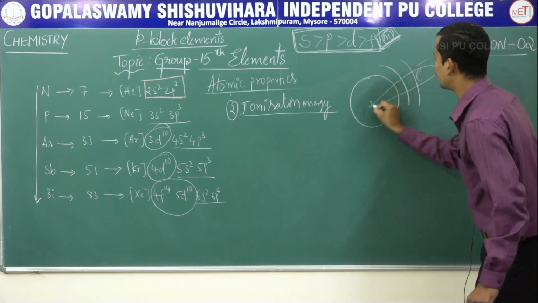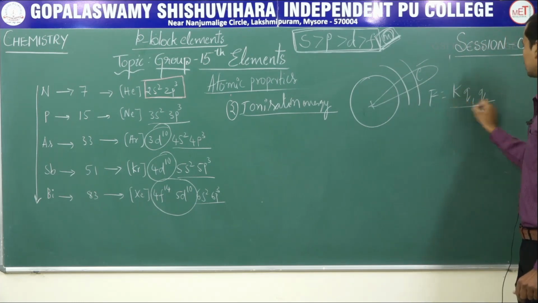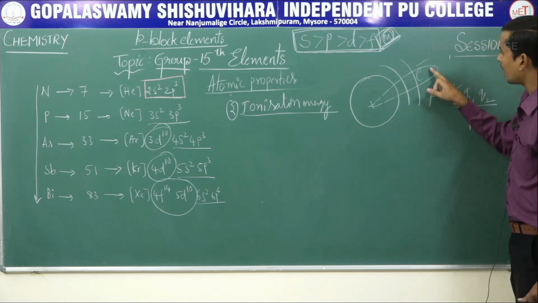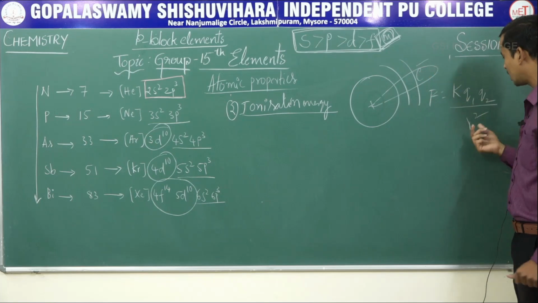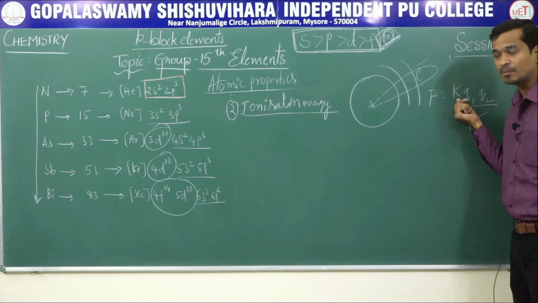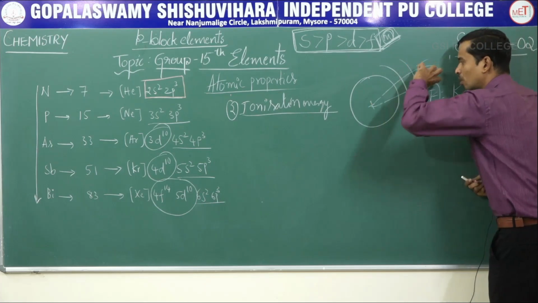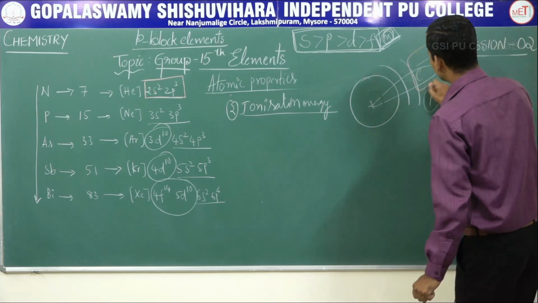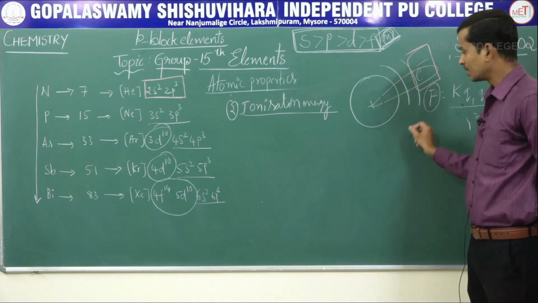This is the force that holds: F is equal to K into Q1 Q2 divided by R square, where Q1 and Q2 are the charges of protons and electrons. Neutron there is no charge. Clear? Q1 and Q2 are the charges of protons and electrons, R is the distance and K is the constant, different for different medium. This is the force at the center of the nucleus. It holds the valence electrons. Clear? These electrons can be removed if you supply some heat energy, delta H.